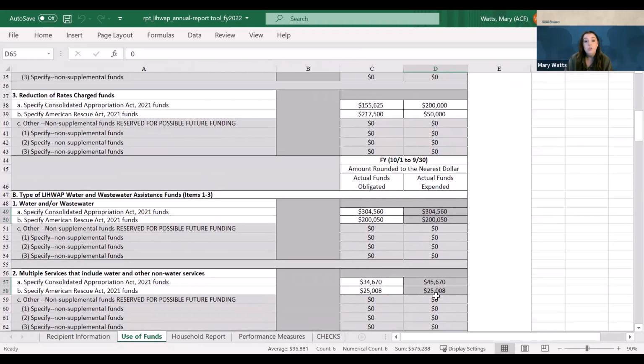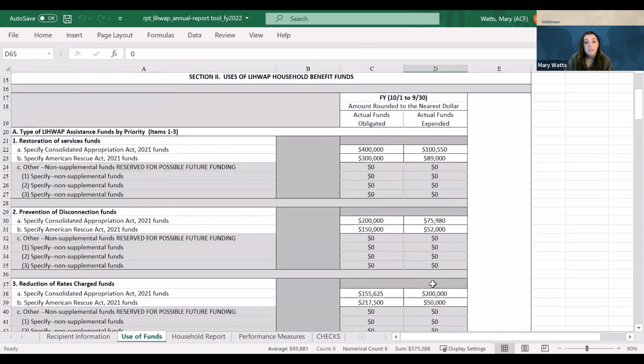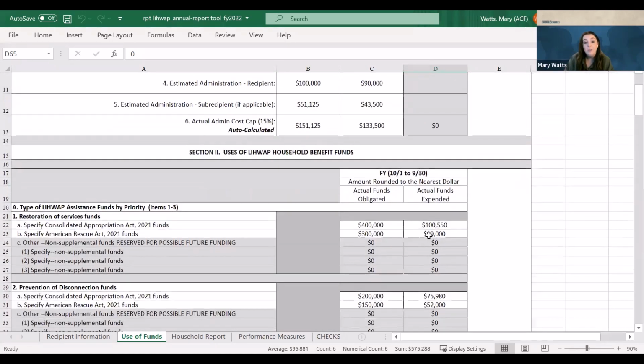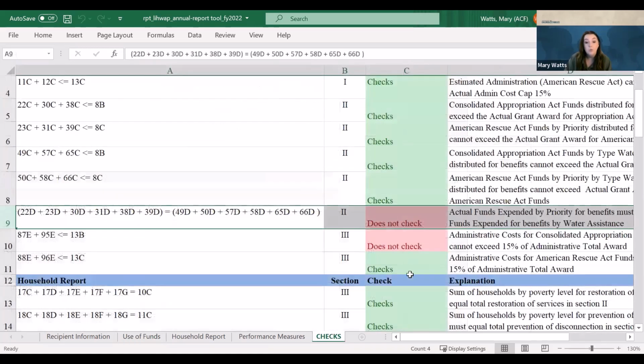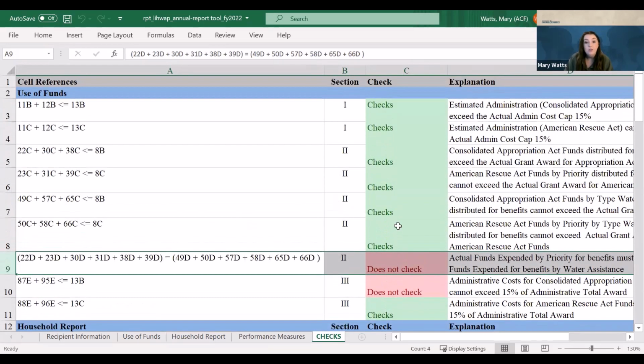A couple of the other checks that are important in this section is just verifying that your benefits that are actually expended do not exceed the total amount of your award for the specific Consolidated Appropriations Act and the American Rescue Act. If they do not exceed, your check will be under the green tab where it says checks. So for example, those are all right on mine, they say checks. The other one that says